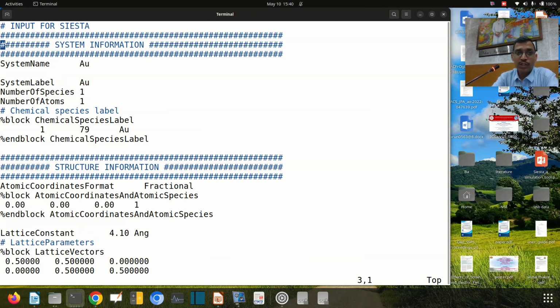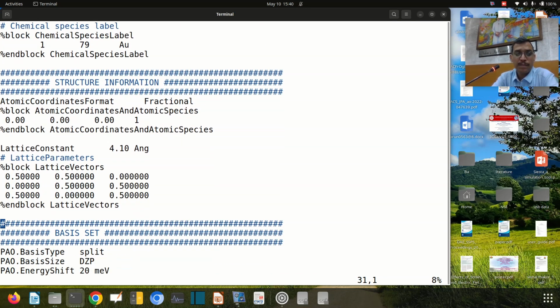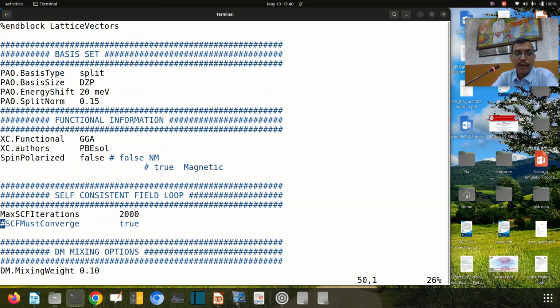The lattice constant which is there with us is 4.10. I have taken the relaxed structure, and the exchange correlation functional which I am using is GGA, and PBE-SOL is the exchange correlation functional,